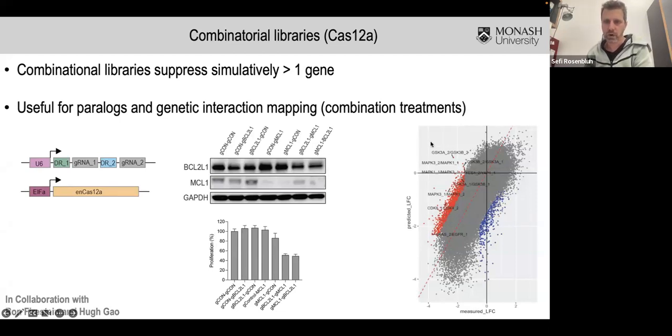And what is nice to see here is that you see a lot of paralogs that score in this synthetic lethality or this genetic interaction or synergistic interactions between them. And that's now we're creating a library. So together with them, we're making a library of more than 1 million combinations. But this is something that could be used for both looking at interactions between genes or these paralogs.